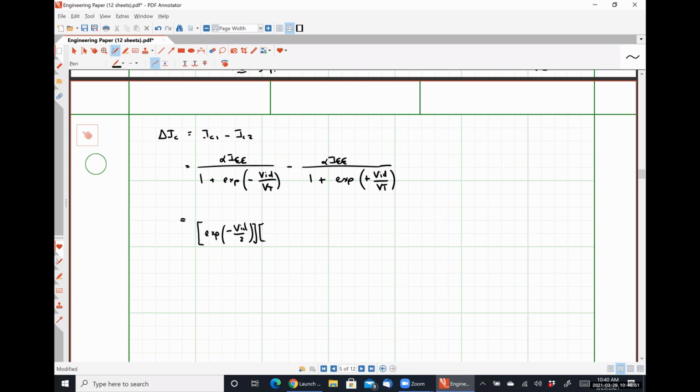When I take that out of 1, I'm left with EXP positive VID over 2 VT, so that when I multiply those two together, it comes out to be 1. And I'm going to have plus